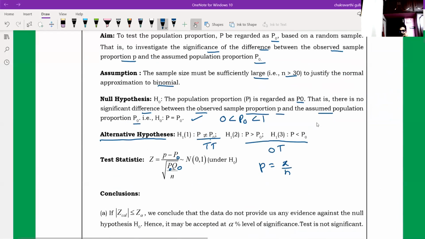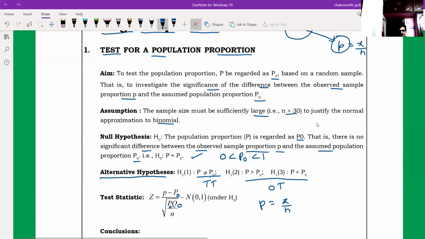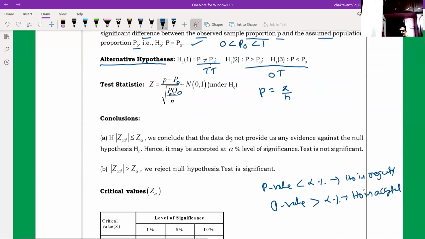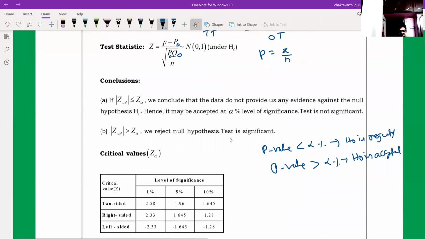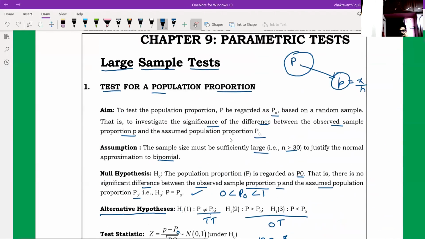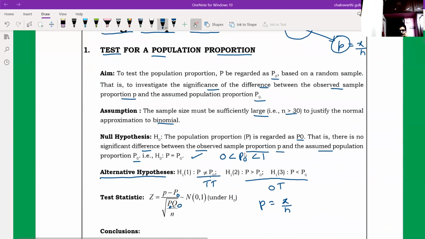First step is set up the null hypothesis. What is the aim of the problem? What is the aim of the test? Assumption, so null hypothesis, alternative, test statistics. In regional-wide universities and national-wide universities, there are many theoretical based questions. One or two problems will be given in the examinations. I will also explain examples related to the test procedures.